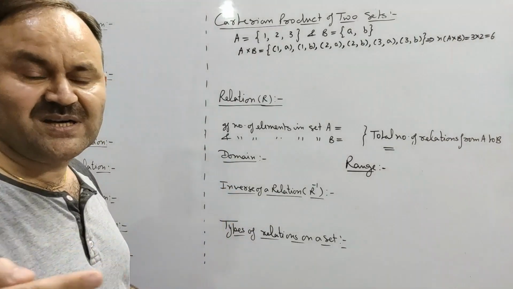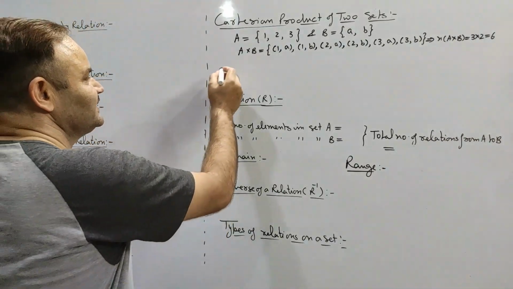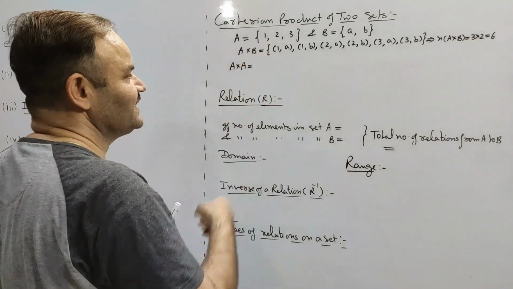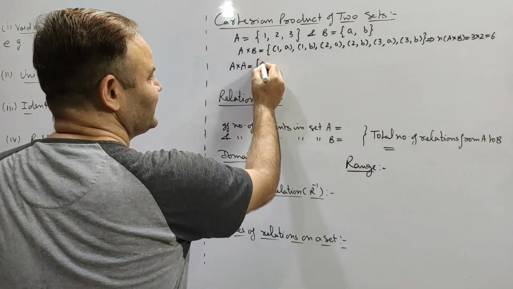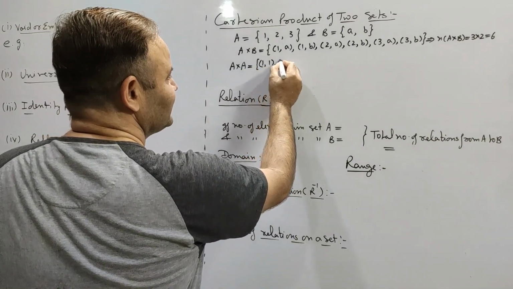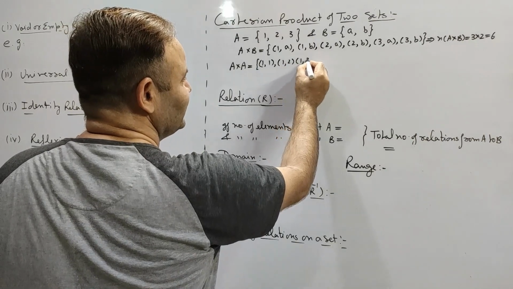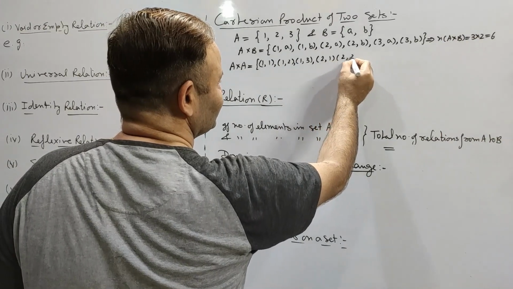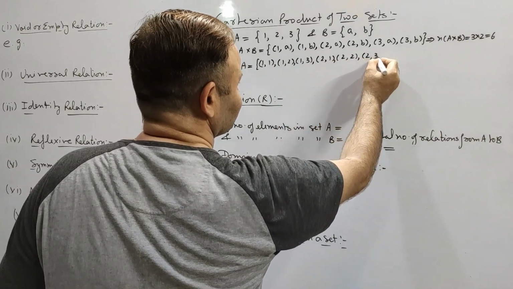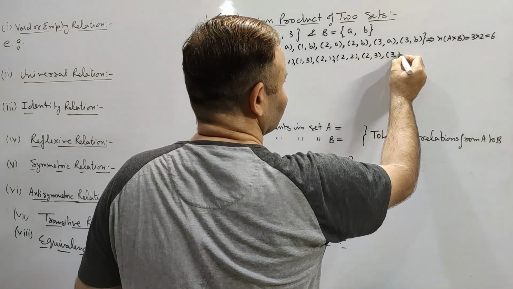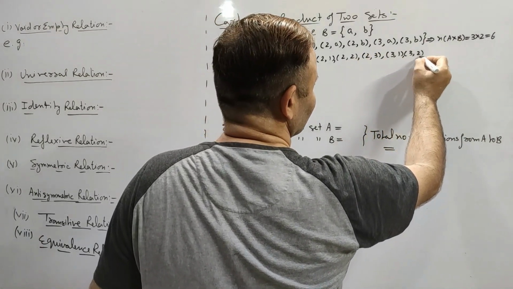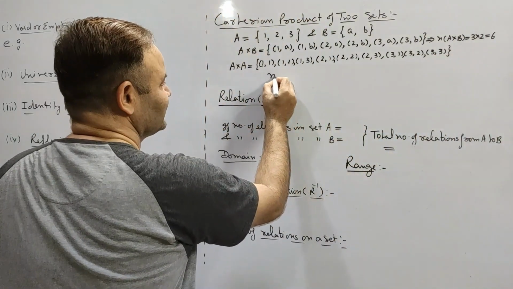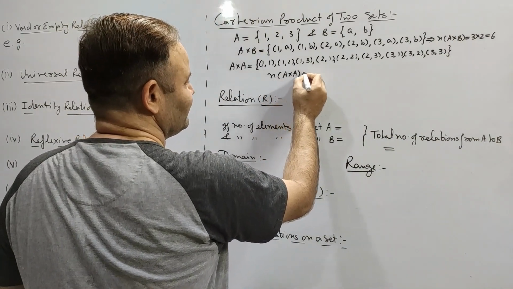Now when we come to Cartesian product of set A with itself, then that will be A cross A, and that will have 3 into 3, that is 9 elements, and that say (1, 1), (1, 2), (1, 3), then (2, 1), (2, 2), (2, 3), and then (3, 1), (3, 2), (3, 3), and in it the number of elements, that is n(A cross A), will be 3 into 3,